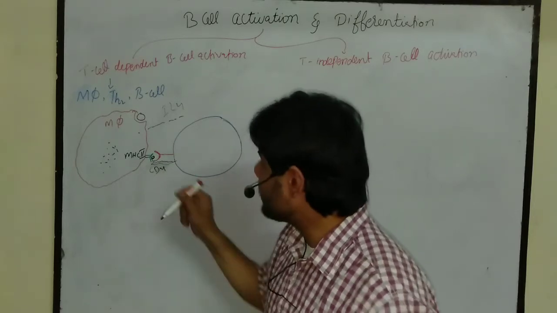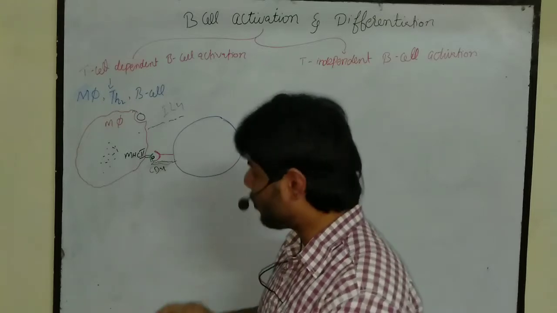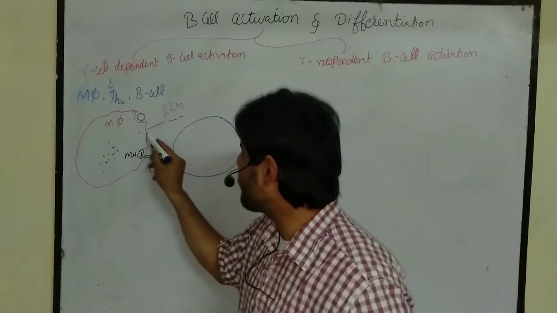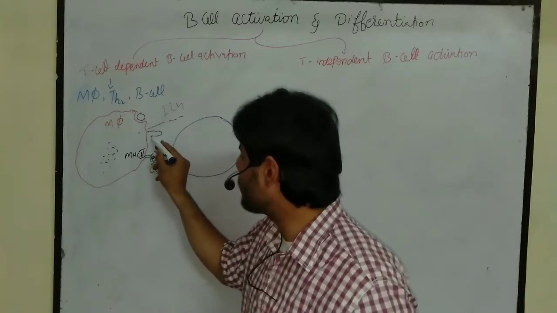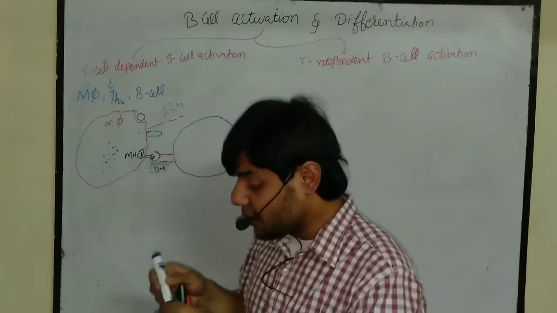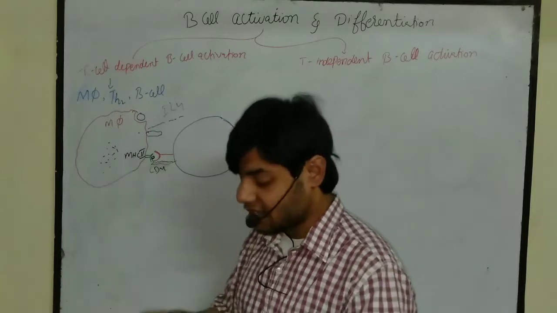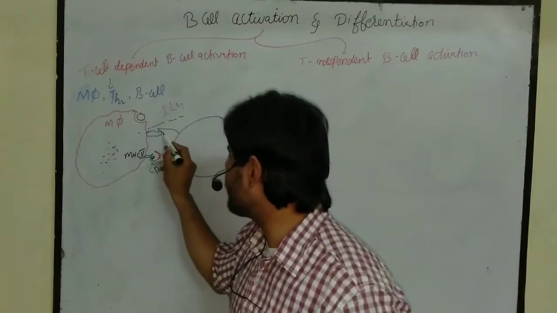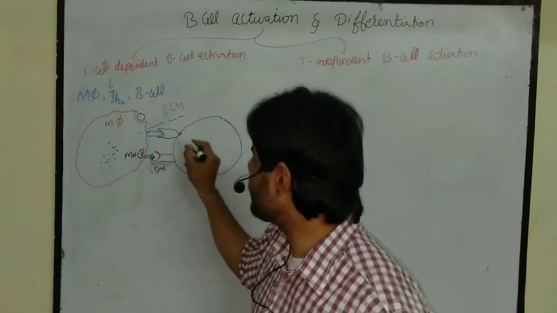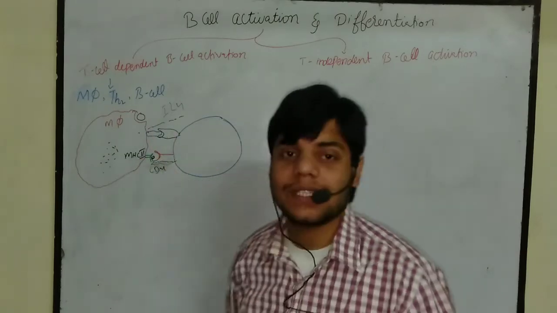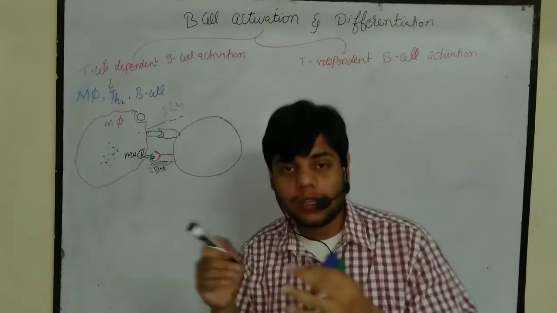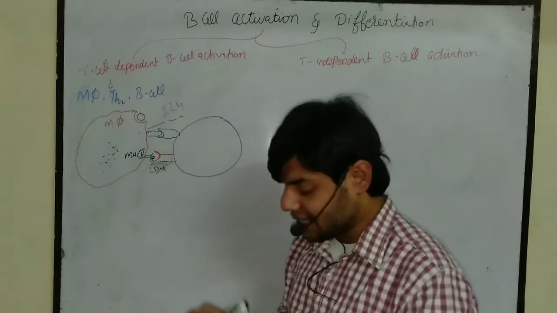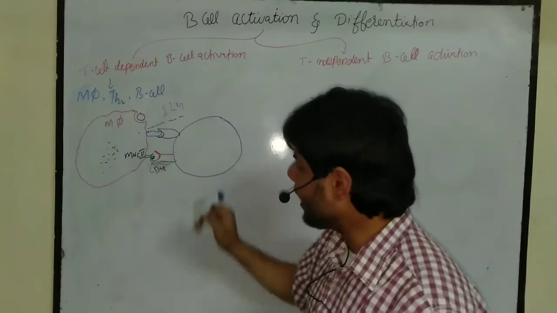After that, this B cell also has another co-receptor molecule which we call B7. So this is B7. This B7 co-receptor molecule of the macrophages is recognized by the CD28 of the T cell. Okay, so this is CD28, this is B7. Both are recognizing each other. After that, the crosstalk between macrophages and the T cell occurs, and due to this,